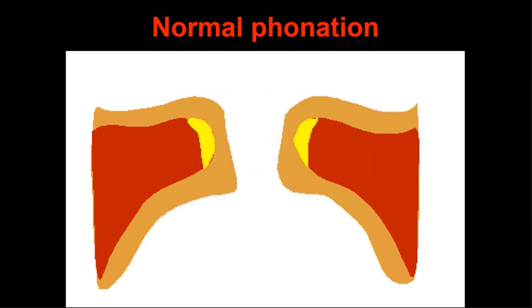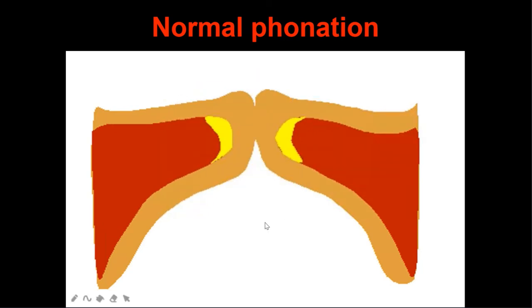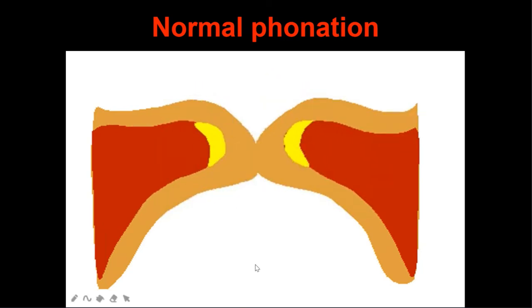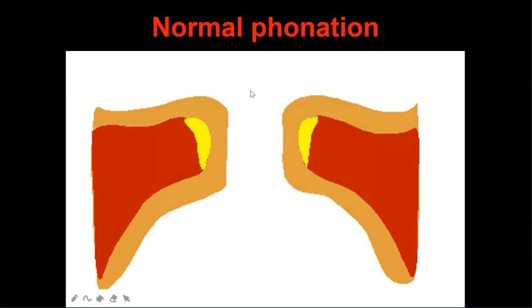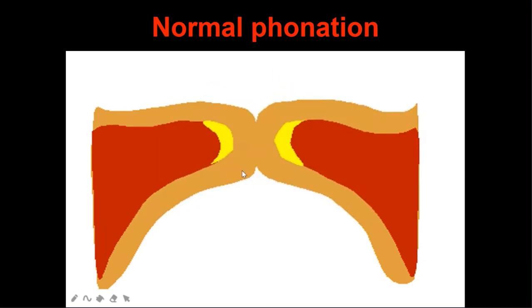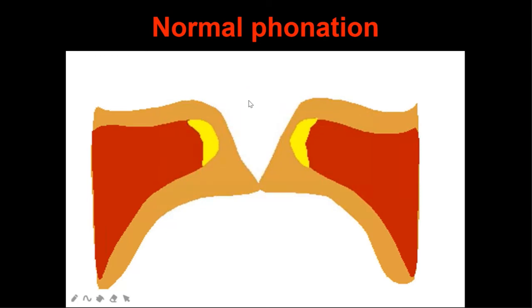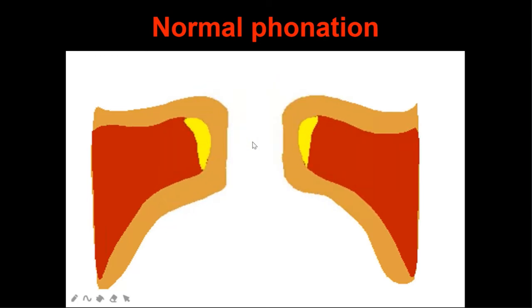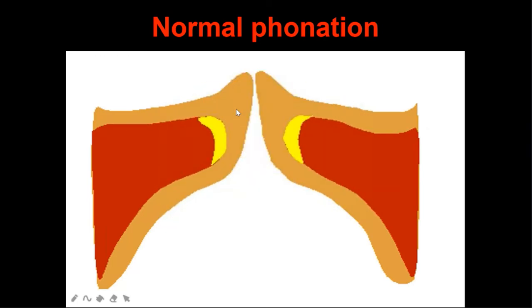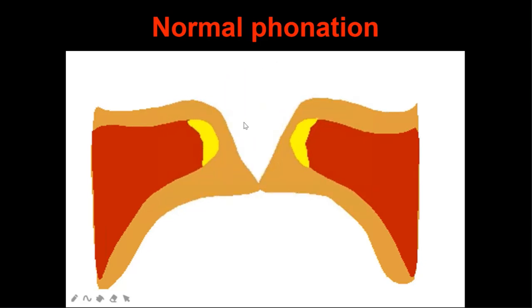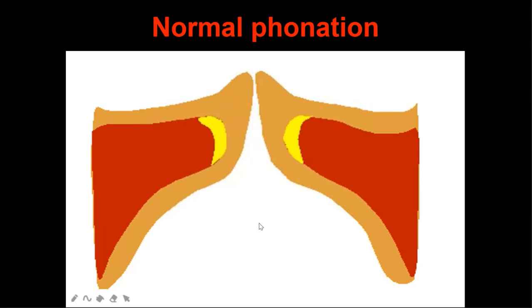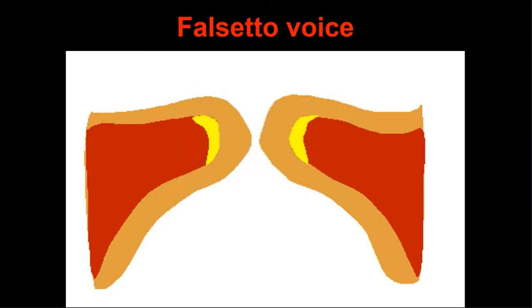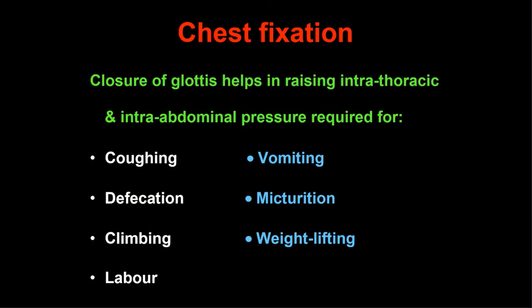So like this, you can see this animated picture. Whenever there is air coming from below upwards, there is a separation and a vibration of this mucous membrane over the vocal cords from below upwards. If you see this picture, from below upwards, there is a separation. So during this process, there is a production of the voice. So that is the phonatory function of the larynx.